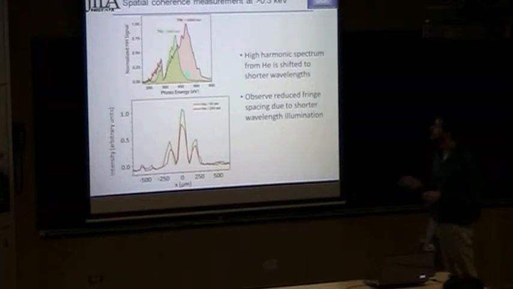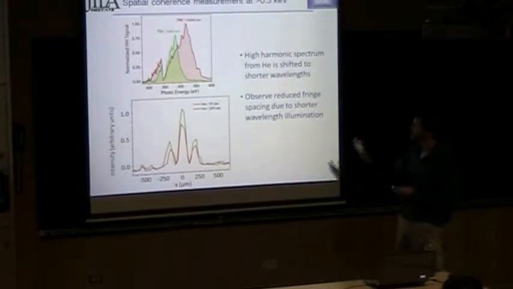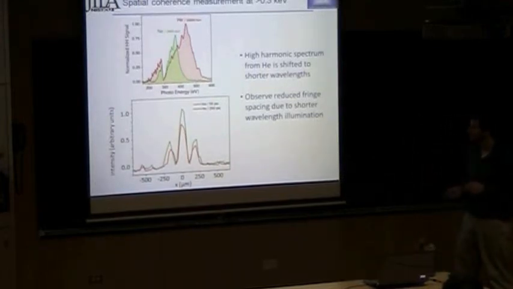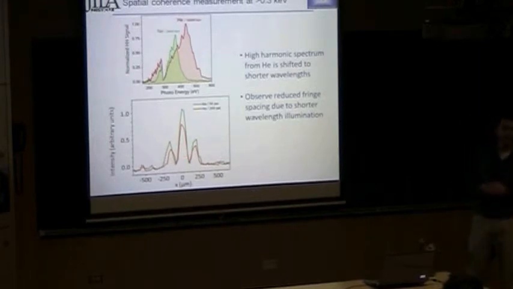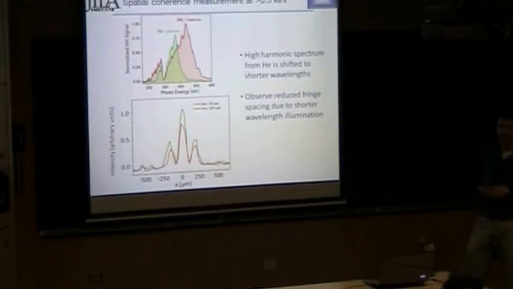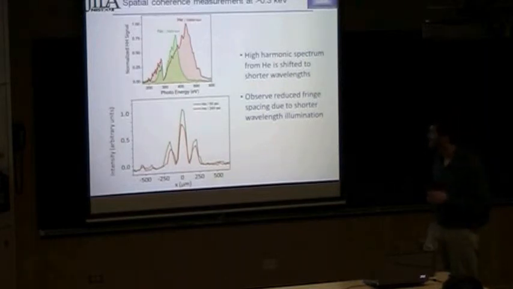So we did the same thing with our helium spectrum, just sent it straight in. You notice it's pushed more towards the shorter wavelengths, so you would expect the fringe spacing to be reduced, which is what we see in this line out. And you're already starting to see some issues in the visibility, which are just due to the fact that we don't have enough pixels to fully resolve the fringe. So we'd actually have to go another half a meter to a meter away. We're already near the end of our optical table.